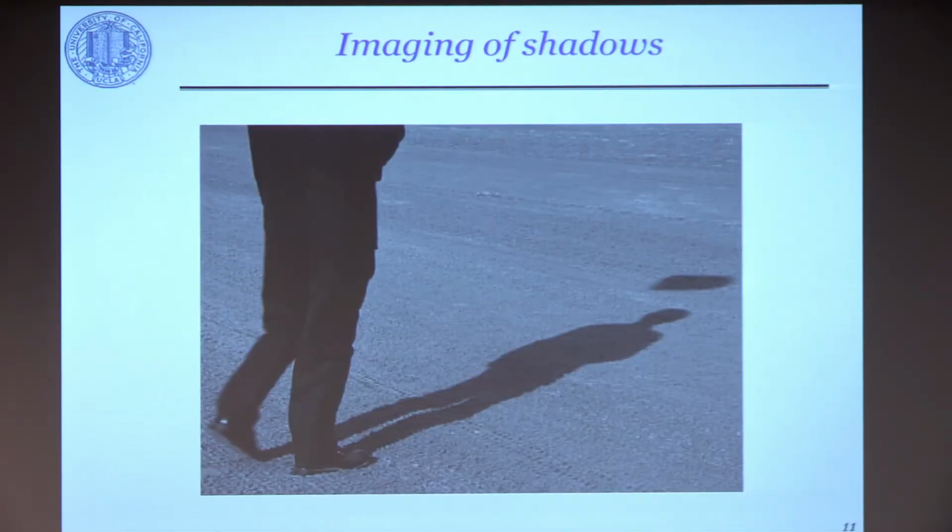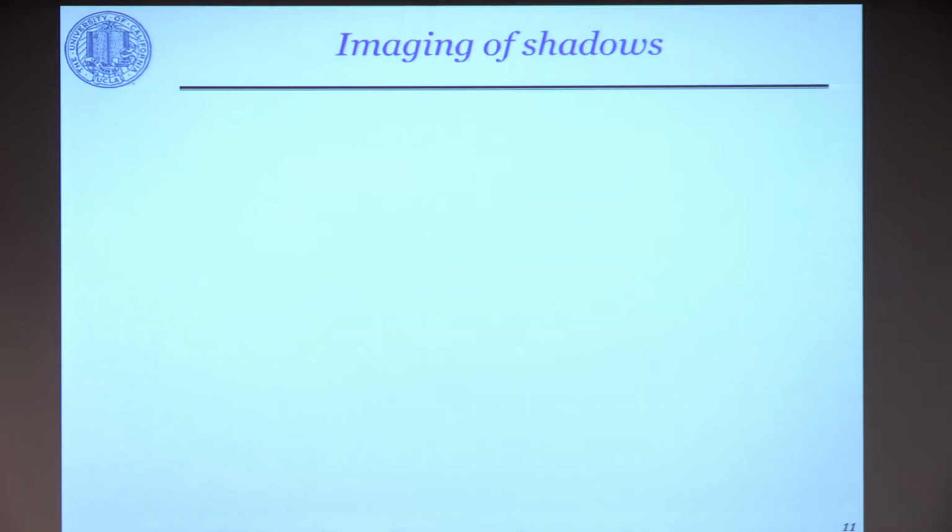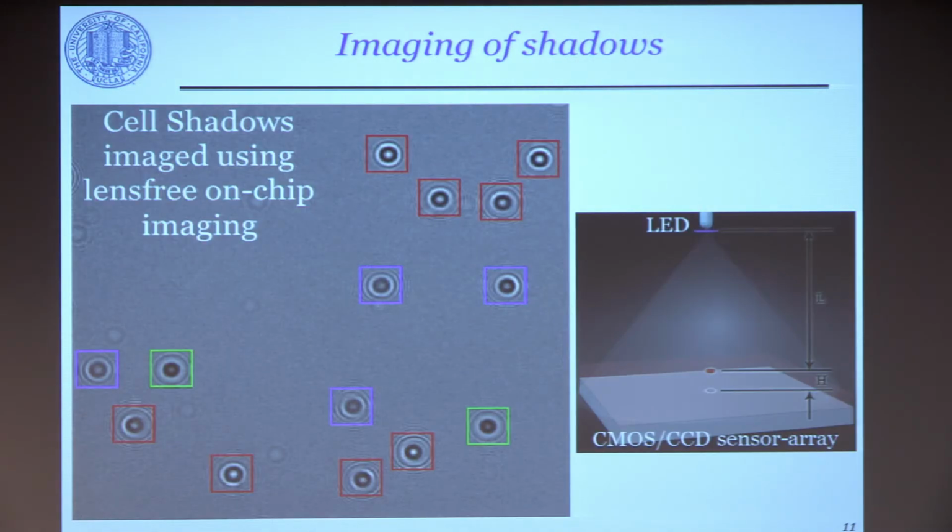So because it doesn't have any optics in it, literally, no lenses, there's no image formation. You deal with only shadows. These are imagers that literally bring the sample very close to the sensor. So this rectangular box here, you can think of it as the CMOS silicon chip that is borrowed from a camera, a webcam or a cell phone camera or a tablet camera, whatever you have. If you take that silicon chip, which is roughly speaking 0.5 centimeter by 0.5 centimeter,